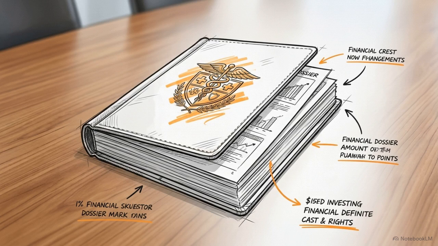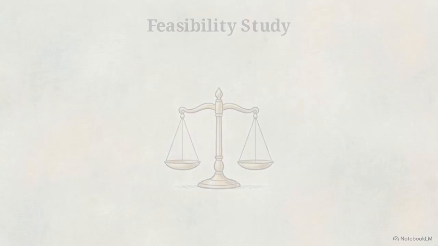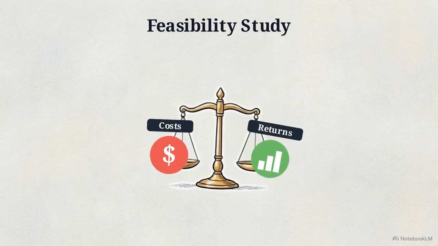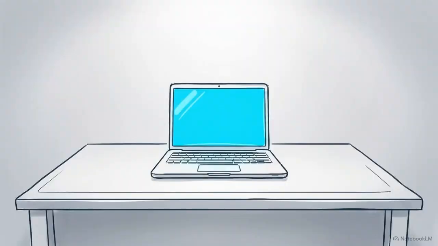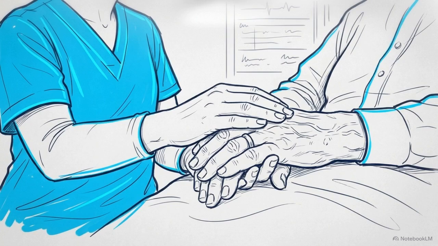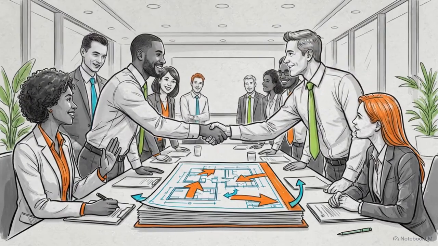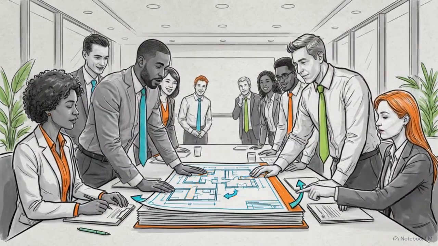Once the team is built, they conduct a feasibility study. This serves as the operational and financial gateway, determining if the organization is actually ready and resourced for the proposed change. The study weighs expected costs against expected returns. This includes easily quantifiable tangible benefits, like eliminating paper chart storage costs, as well as intangible benefits, such as improved quality of care. Establishing this clear chain of command and documenting the financial justification enforces strategic alignment and secures organizational